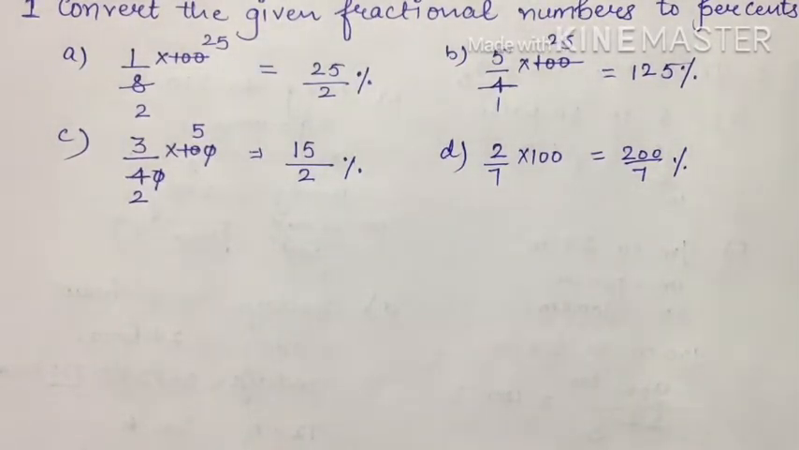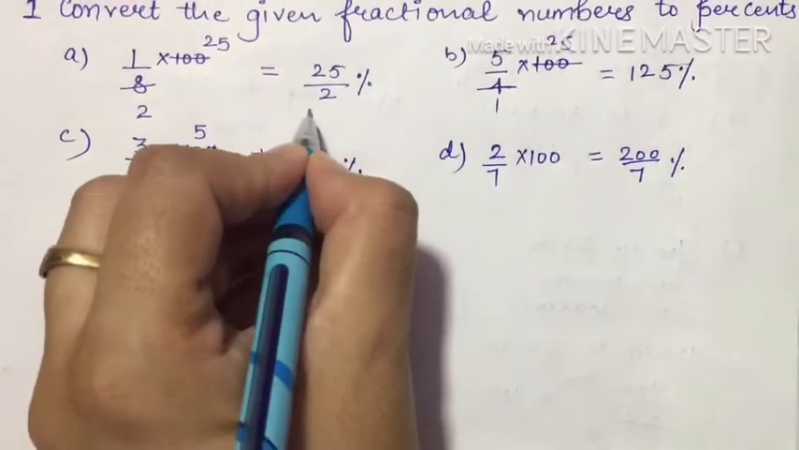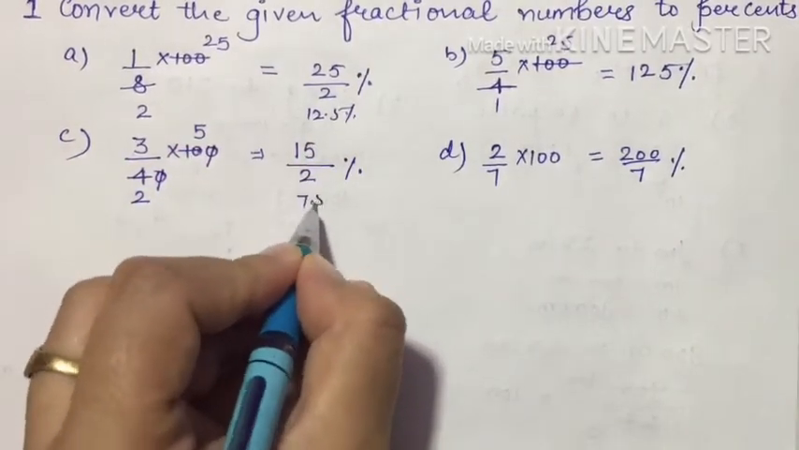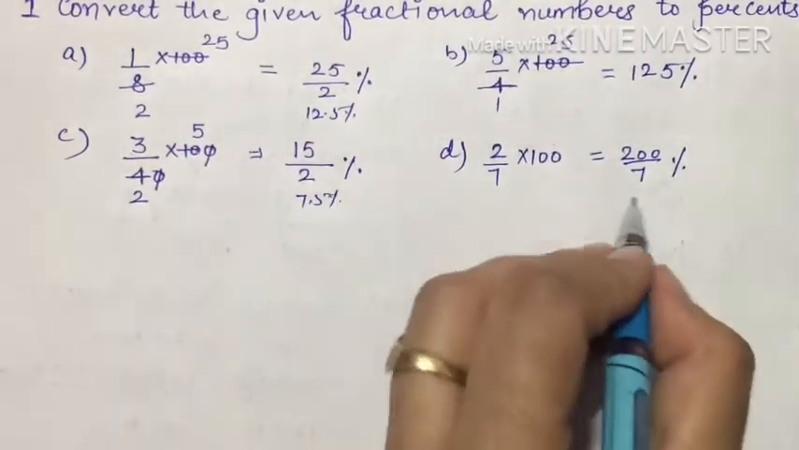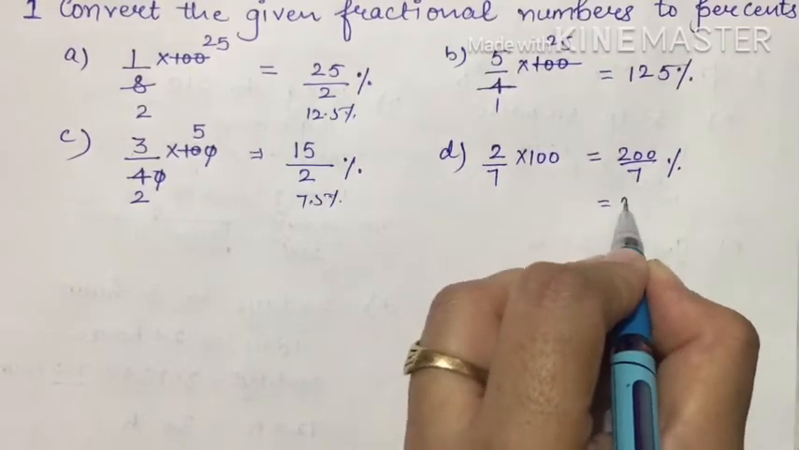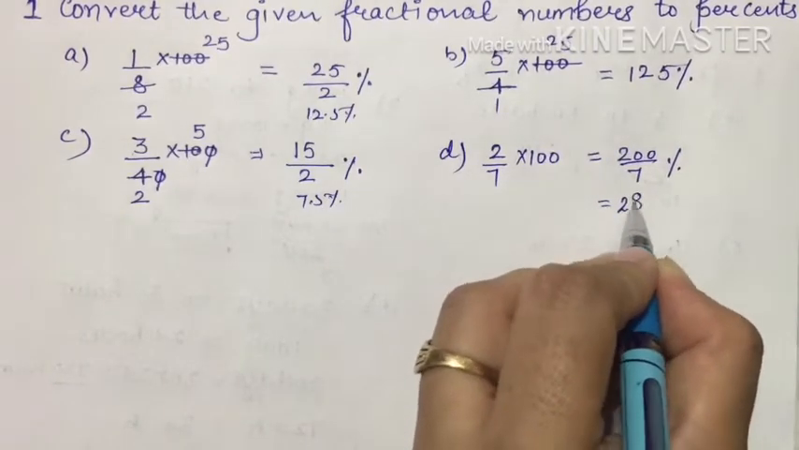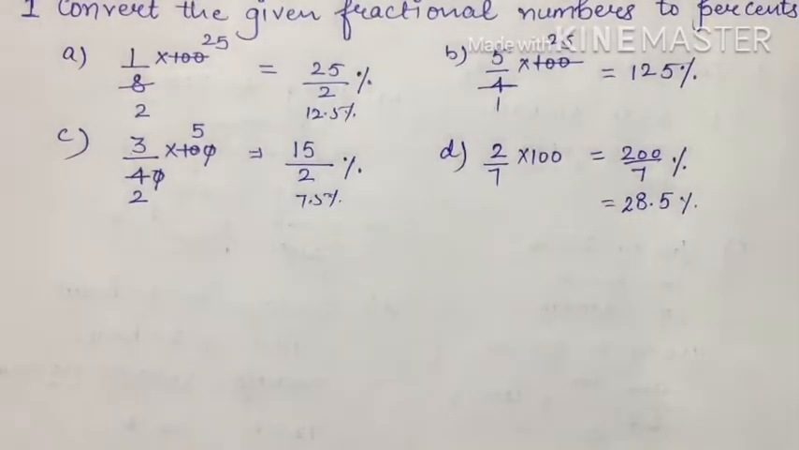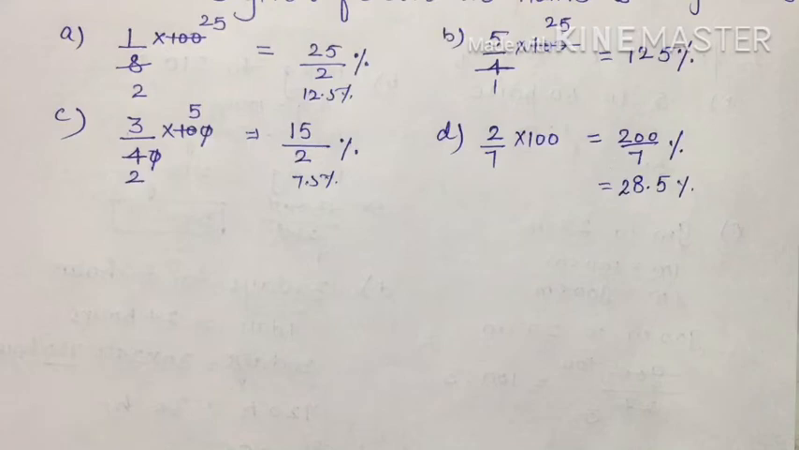If you want to reduce into decimal form, you can do that also. By dividing 25 by 2, you can get 12.5 percentage. By dividing 15 by 2, you will get 7.5 percentage. Likewise, here you can get 7 to the 14, 60, 7 8 to the 56, 4, 7 5 the 30. Like that, you can get 28.5. Like that, if you want to reduce your answer percentage as well as into decimal, you can do that also. Fine. Okay. Question number 2, convert the given decimal fractions